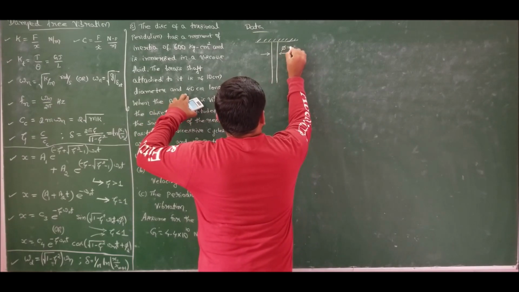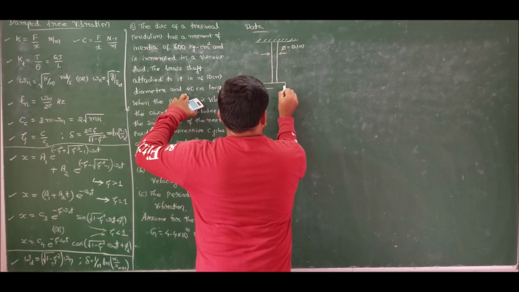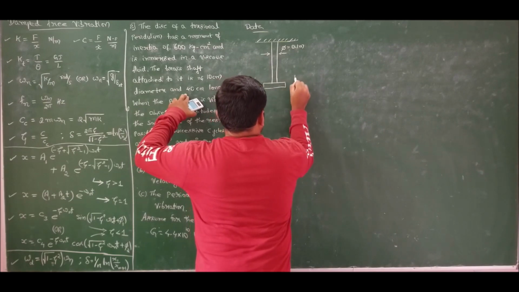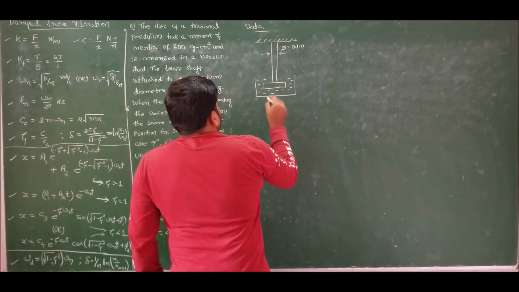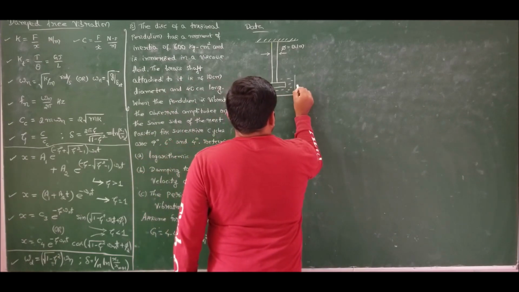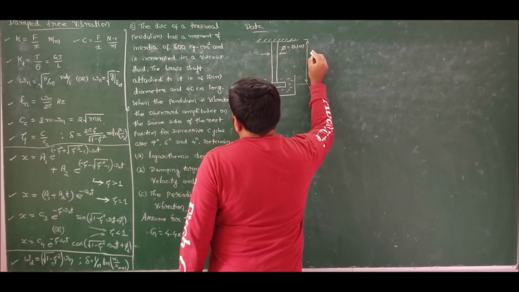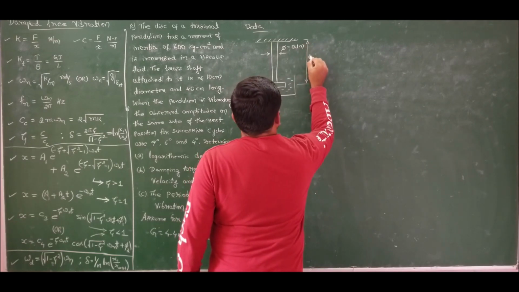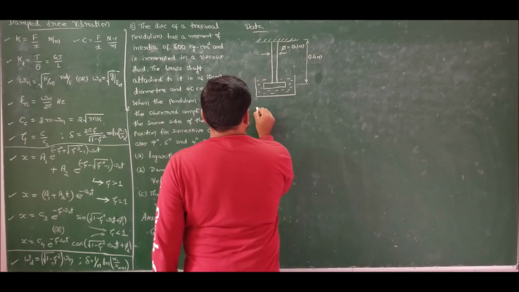The shaft diameter is 10 cm, which is 0.1 meters, and we have a disc which is immersed in a fluid. Now the length of this is also specified. How much is the length? Length of the shaft is also specified, which is 40 centimeter, which means 0.4 meters,